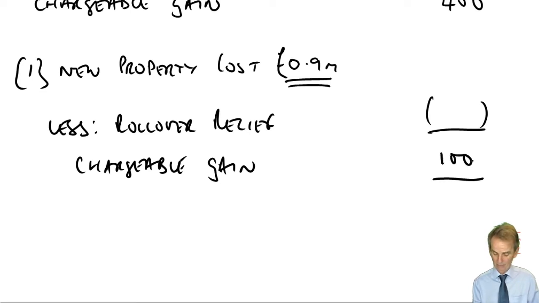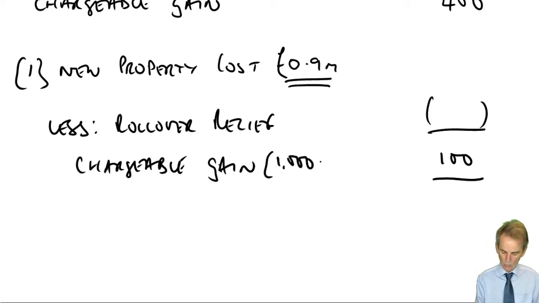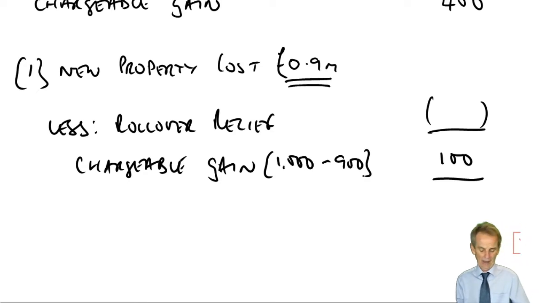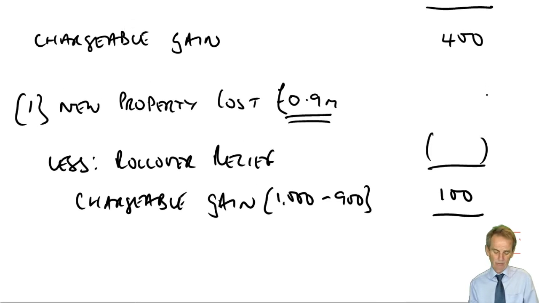Now, I hope you can see that common sense, that's 100,000. The calculation being you'd sold for 1 million and you bought for £900,000. Therefore, you've taken out net proceeds of £100,000. You've got the cash. There is no reason why that £100,000 out of your £400,000 gain should not now be chargeable to tax.